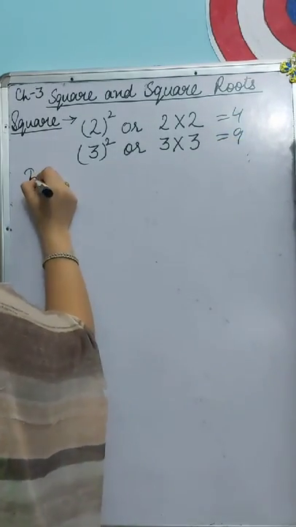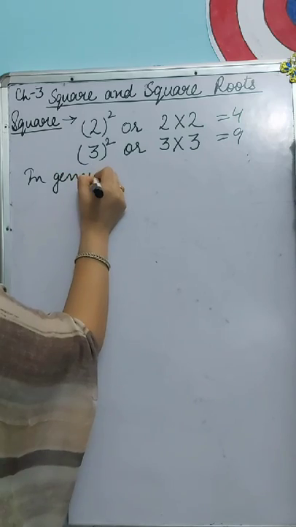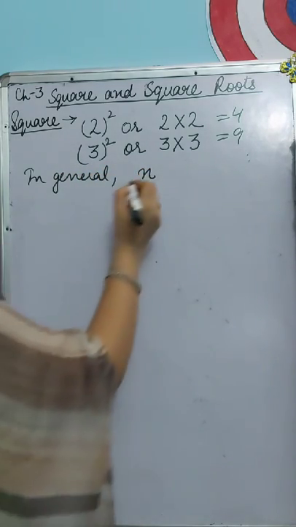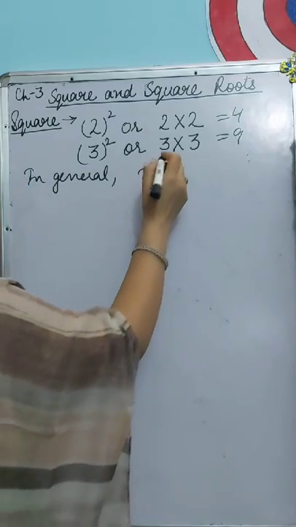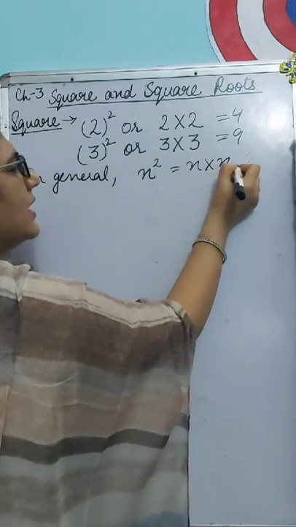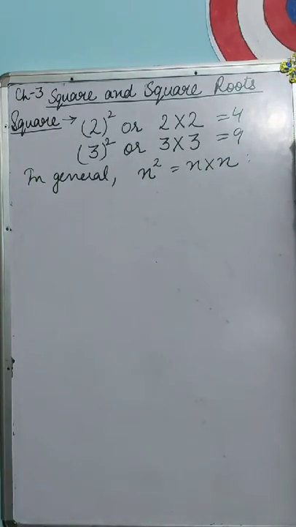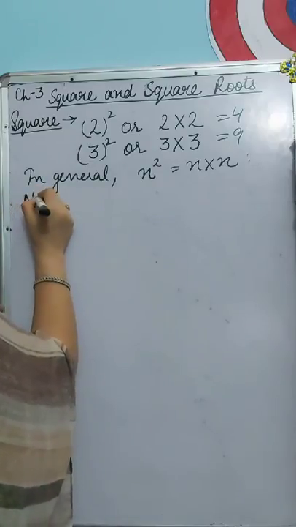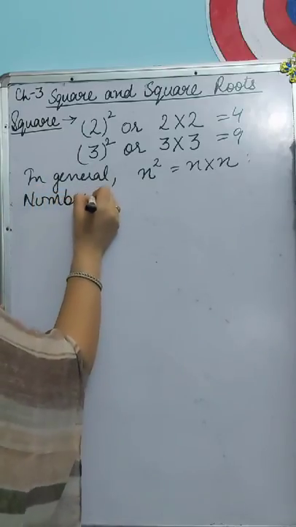Or in general, what you can write is, let the number be n, any positive number, and when it is multiplied by itself, it turns out to be n square, or it can be written as n into n. This is the square of a number. Next, what I am going to tell you is numbers lying between